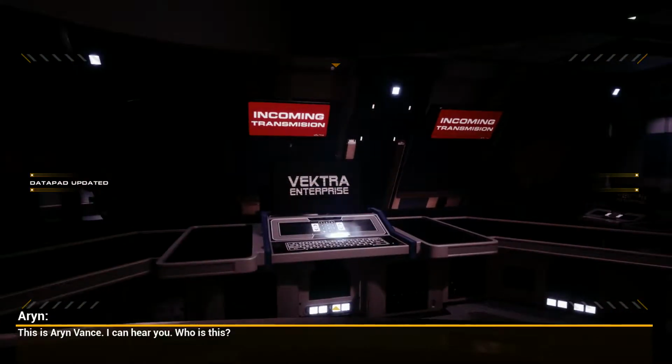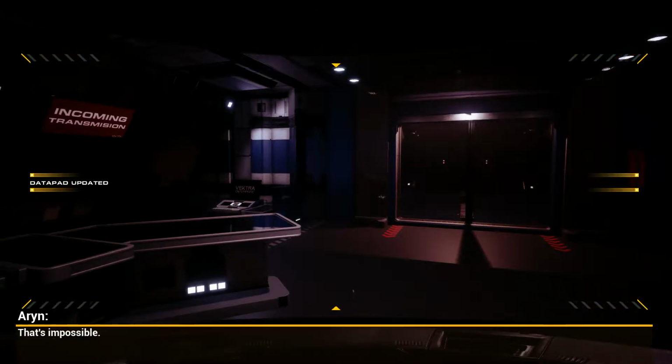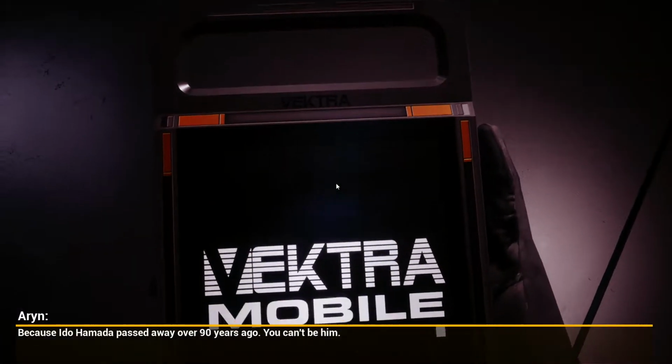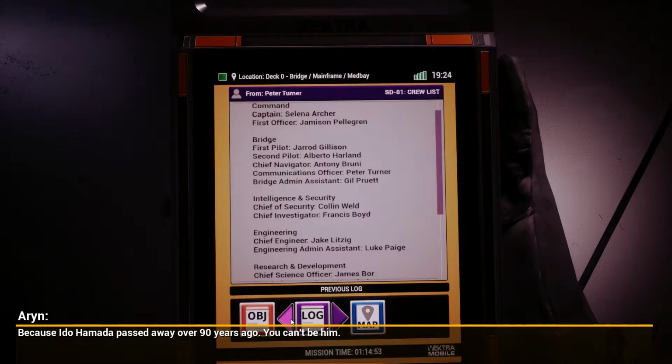This is Aryn Vance. I can hear you. Who is this? My name is Ito Hamada. That's impossible. I'm sorry. Why is that impossible? Because Ito Hamada passed away over 90 years ago. You can't be him. I don't know what...